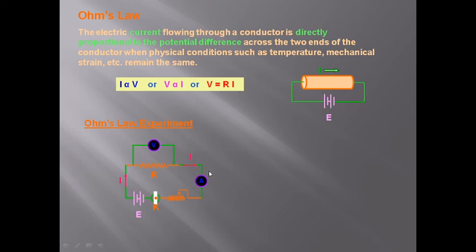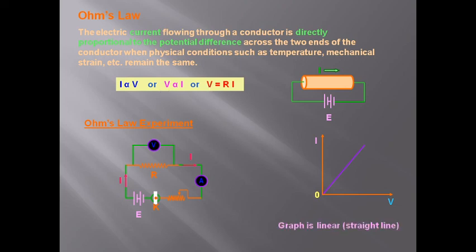Okay, see here, this is the circuit diagram, very important for the Ohm's law experiment. Here a battery is connected with a one way key, rheostat, ammeter, and resistance. Across the resistance, a voltmeter is connected in parallel. So when the key is pressed, the current I starts flowing through the circuit, and V is the potential difference measured by the voltmeter, I is the current measured by the ammeter. Whenever these values are measured, we can draw the graph between V and I, and this graph is always a straight line, and a straight line graph indicates that V is directly proportional to I.